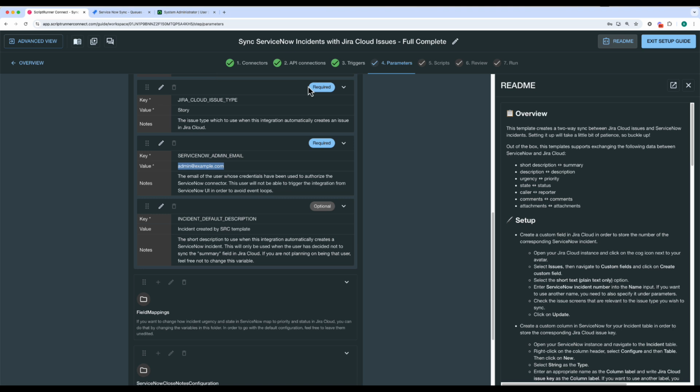This is why when you're creating connections to your tools, ServiceNow and Jira, it's best to be logged into a service account, one that isn't actually used in day-to-day activities, but is earmarked to be the account that makes the changes under the ScriptRunner Connect service